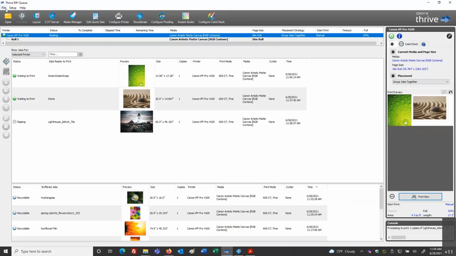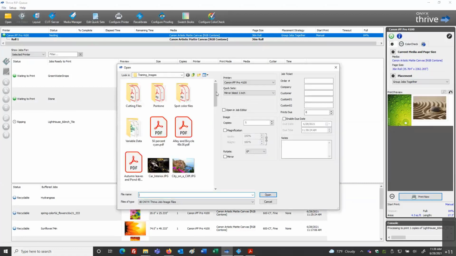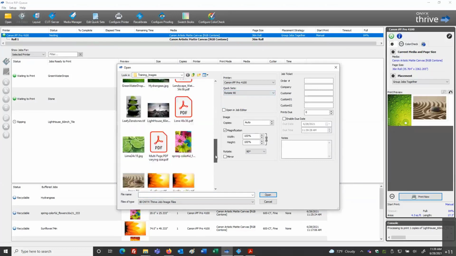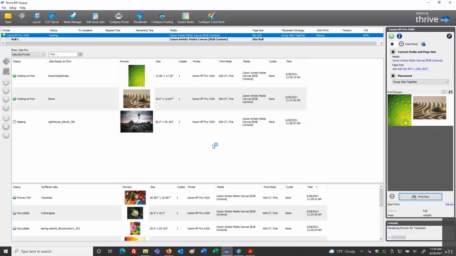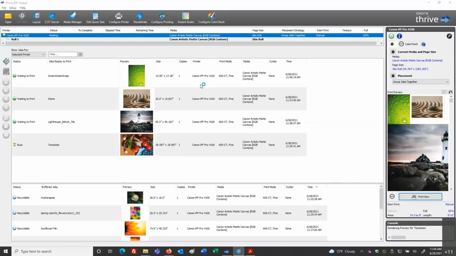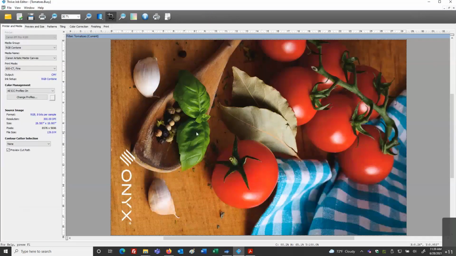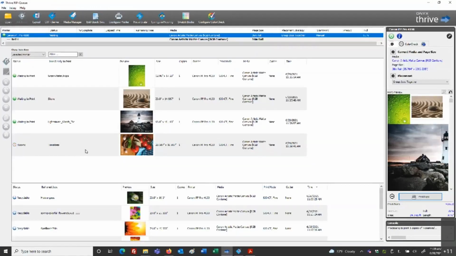I mean, you can just go into open at the RIP. There's still a good sense of automation here, making our selections for our quick set, using our quick set, picking a particular file, whether we go into job editor or not, still can be your choice or options. Opening in job editor could be very helpful for us to see what's going on. Oh yeah, that's the file, there it is, it's rotated 90, right? And then we just submit. Okay, now it's going to come back into the RIP. This time it rips the file and is generating that data.